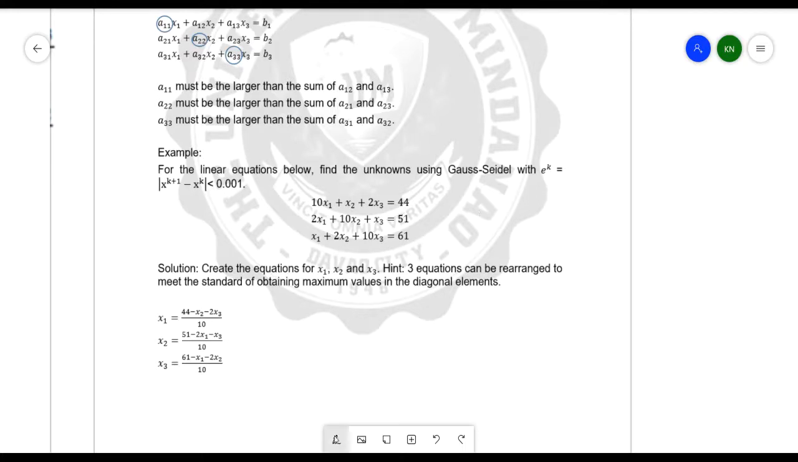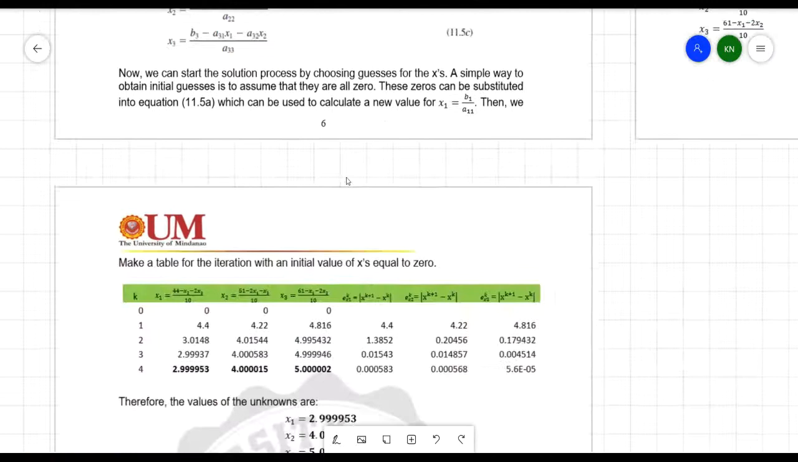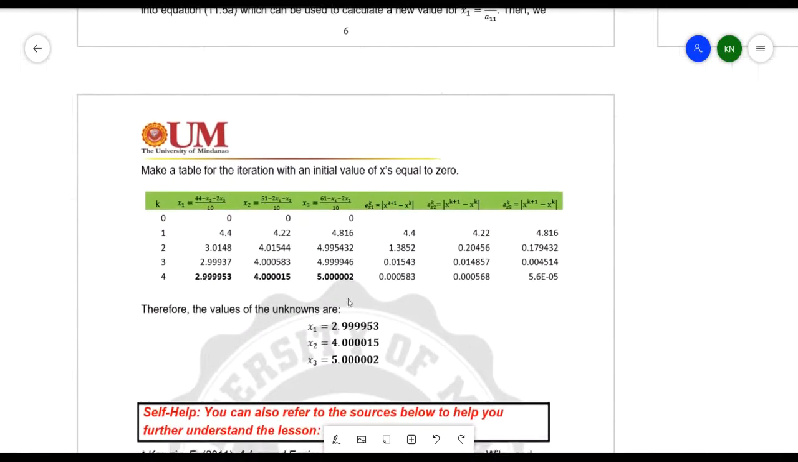So e raised to k here is the relative error, or the accepted relative error for the equation. Meaning to say, the relative error must be less than 0.001. So in this case, as an example, we have here the table that we have, and the relative error must again be less than